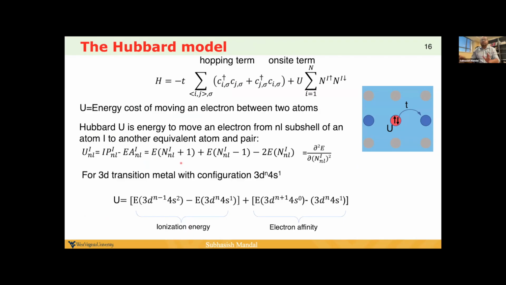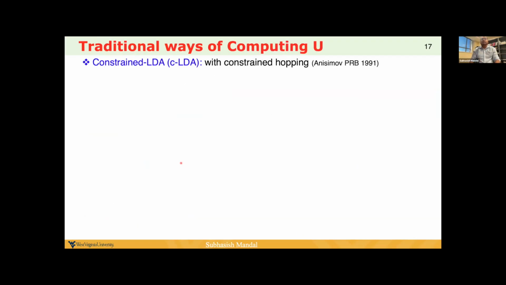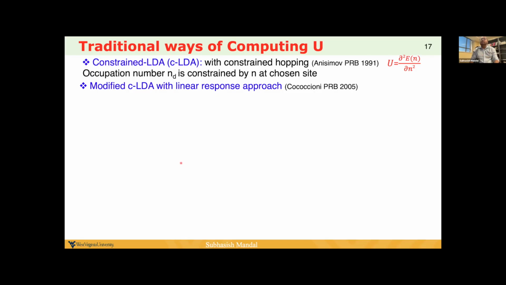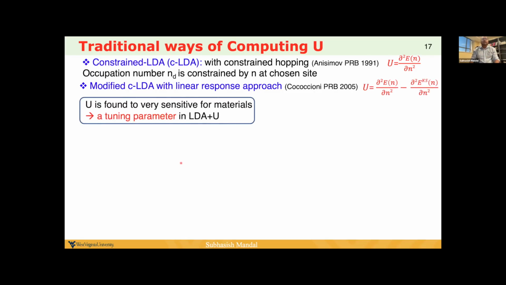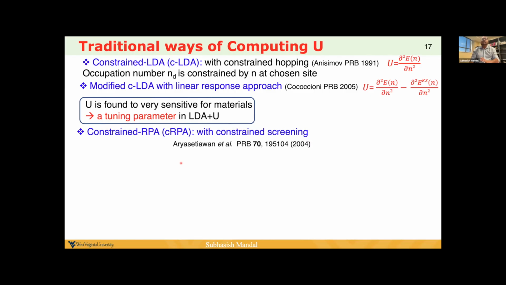This is again the Hubbard model everyone knows. This U is the difference in the energy of adding one electron and removing one electron from the site. And traditionally, it was calculated using constrained LDA, where the hopping is constrained and the occupation is also constrained. And then it was later modified with the linear response approach. Nevertheless, the U is a tuning parameter. It depends on the material. And then there is also the quite famous approach, constrained RPA, where we screen the